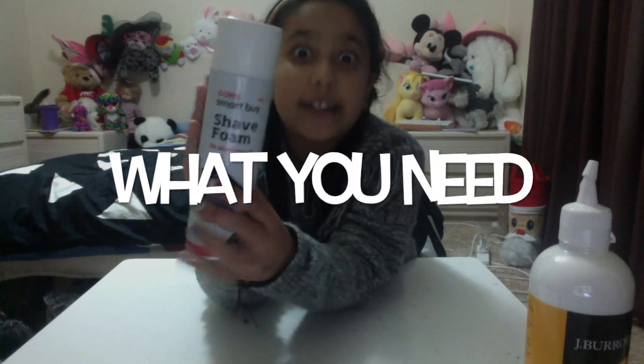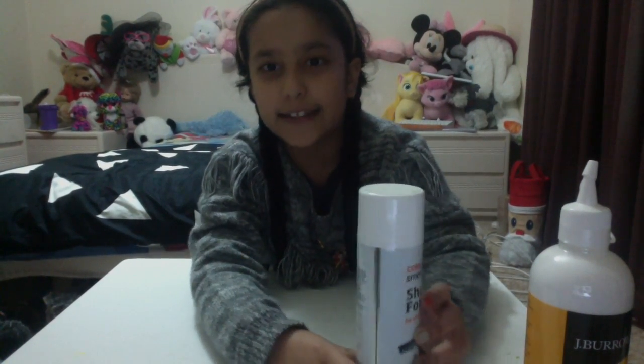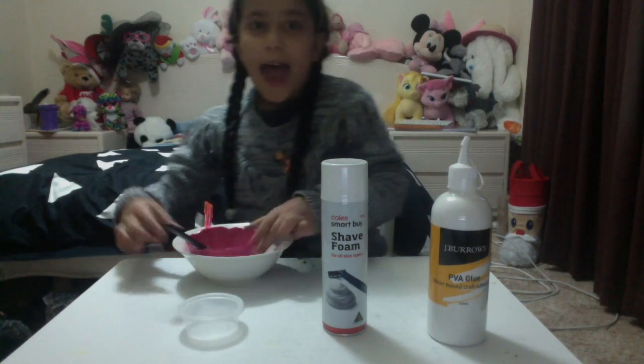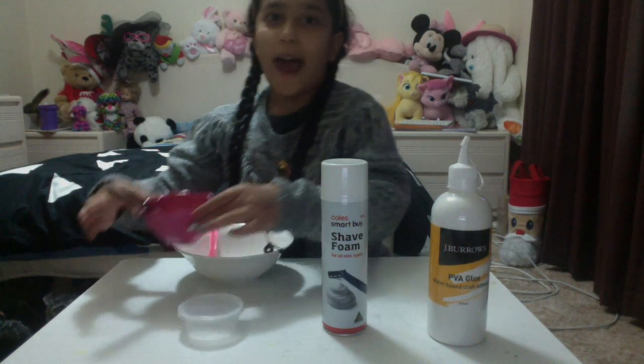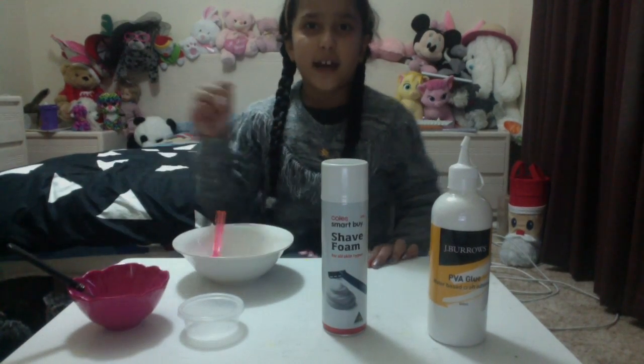Shaving cream, which is actually going to make our slime soft. So that's that. You need a container to store it in. Also, what you need is activator. I've got borax because borax was the best. What I did is I added like...